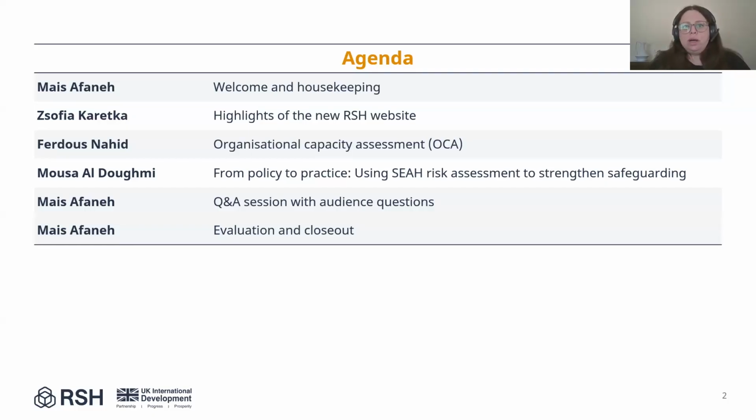We will introduce two practical tools designed to support organizations in strengthening their safeguarding systems. The first tool is the Organizational Capacity Assessment Tool, in short, the OCA, and the Risk Assessment Tool. This session is designed to be practical, accessible, and relevant for both the existing and new users for RSH.